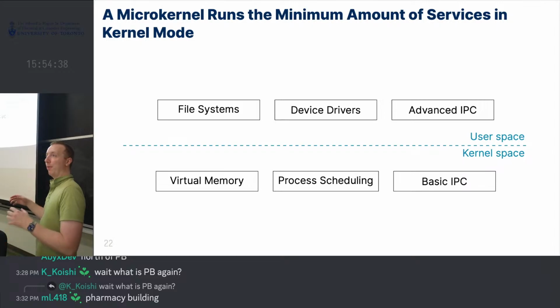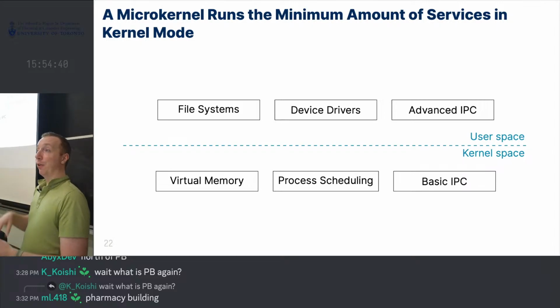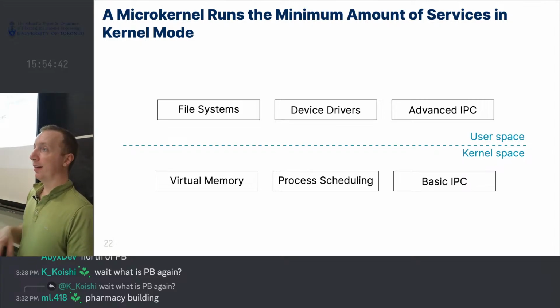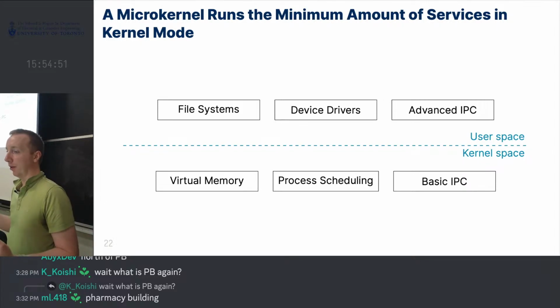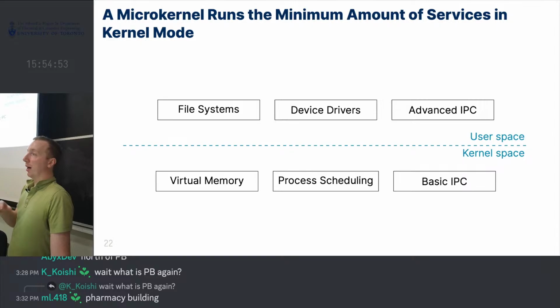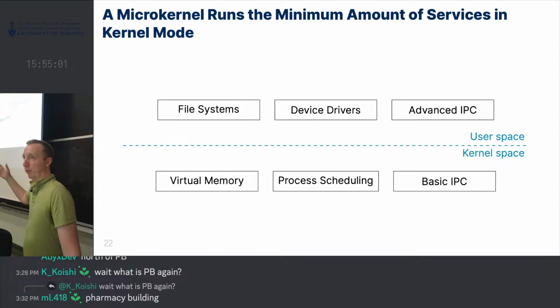There's another form of thought of that: if kernel code is really, really sensitive and you want to eliminate your attack surface as much as possible, well, we should take things out of the kernel instead of putting everything in the kernel. So a microkernel tries to run the minimum amount of services in kernel mode, and then run everything else in user mode so that if that gets hacked or if it's wrong or if it has an error or whatever,